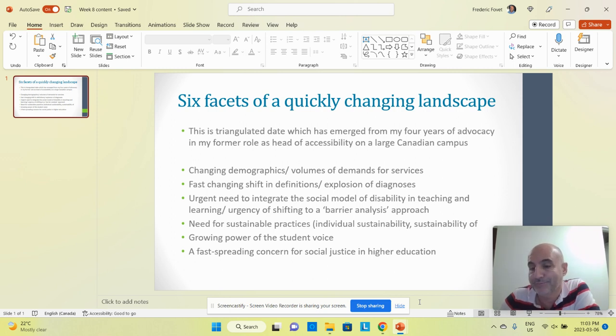Then you've had the TRC, the Truth and Reconciliation Commission report, and its calls to action. You've had all the talk at the moment about sexual orientation, gender identity, and trans rights, etc. I think there has never been so much societal momentum for change, and schools and post-secondary institutions are very much under pressure to step up and to translate that change which is happening around us in society into